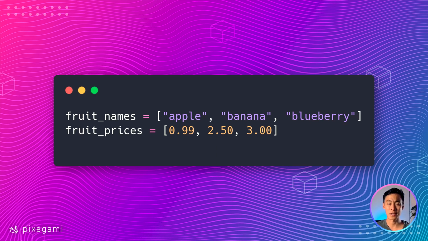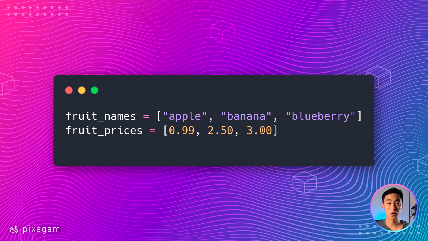So how exactly do dictionaries help us solve this problem? Well, for one thing, dictionaries allow us to look up things a lot faster than lists as long as we know exactly what it is that we want to look up. For example, if we know that we want to look up an apple and we can provide that as a string, the dictionary can look it up right away. And the time that it takes to look it up doesn't really change whether there's one item in the list or 1 million items in the list. So if you want to know how that works, you're going to have to learn about data structures and algorithms, but dictionaries can look up things really fast if you know what you want to look up.